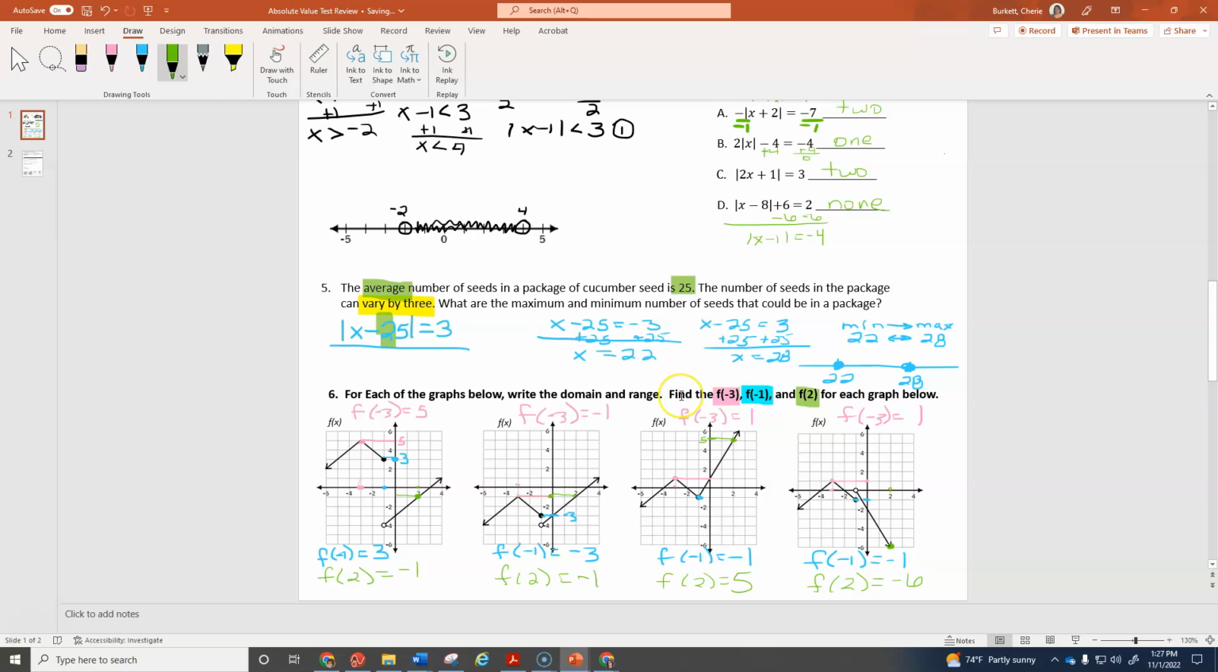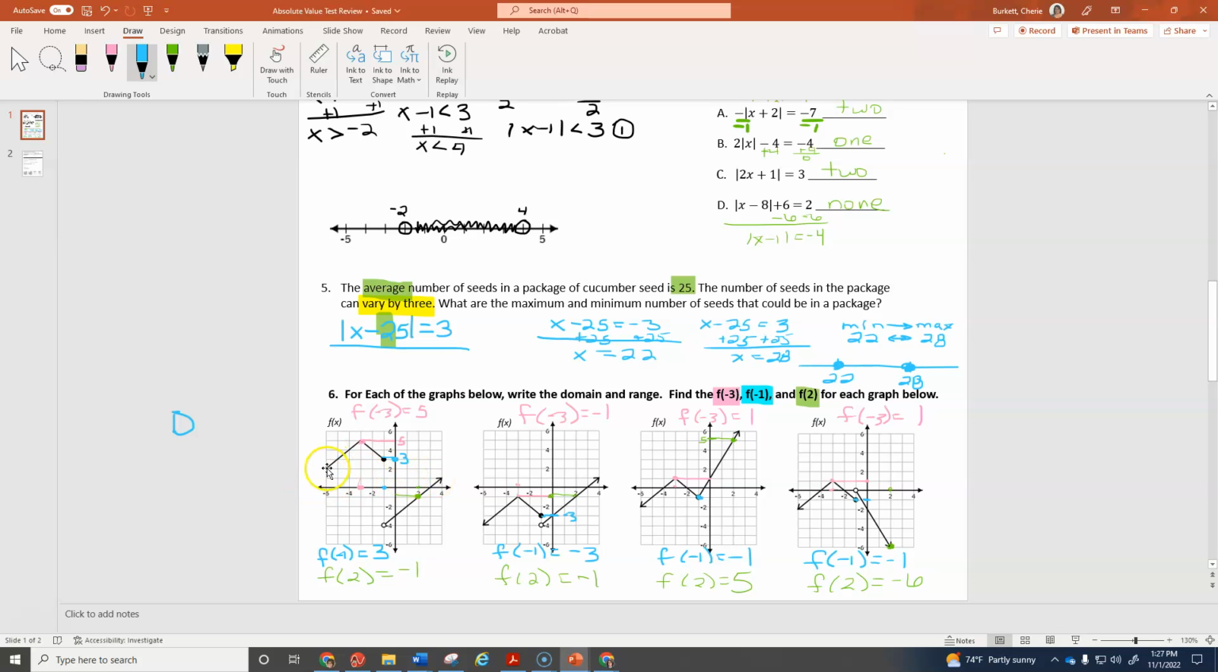The next thing we're going to do is pay attention to the domain and range. I've kind of run out of room, but I think I can write over here on the side. Domain for this one, if you